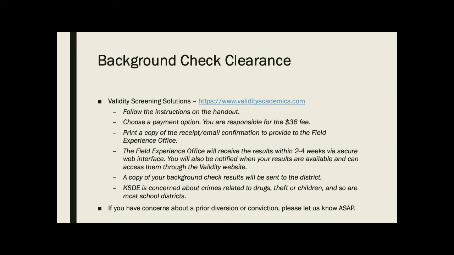You can log in to the Validity website and view your report, and I will be able to do the same. A copy of your report will be sent to the district when your placement is confirmed, so if you are worried about anything showing up, please reach out to me ahead of time so we can have a private conversation about next steps, if there even need to be any. Most school districts, like KSDE, the Kansas State Department of Education, are concerned mostly about crimes related to drugs, theft,